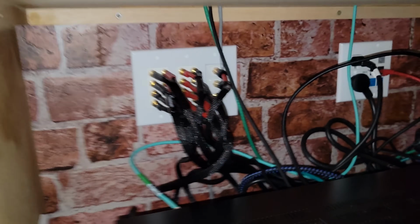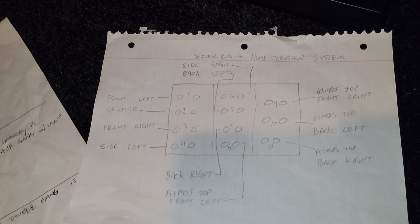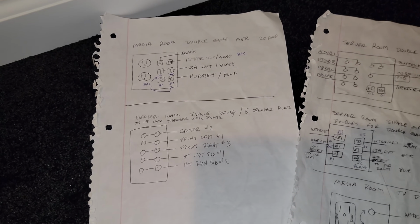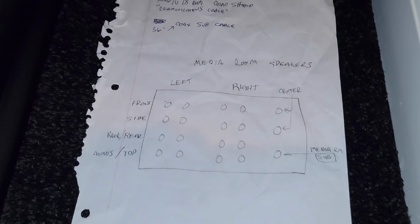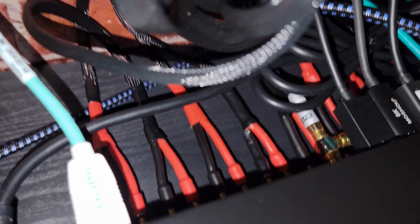And right now, I don't have a whole lot of documentation on everything. I kind of just have everything written down from when I first installed it. And yeah, I've got the media room, the server room, the behind the screen and the theater room. There's just all kinds of connections going from one room to the other. So I have to go through and design all these out in CAD and make them look nice so I can put a little binder together. But I'm going to need to reference this to get this hooked back up, because this is a mess back here,